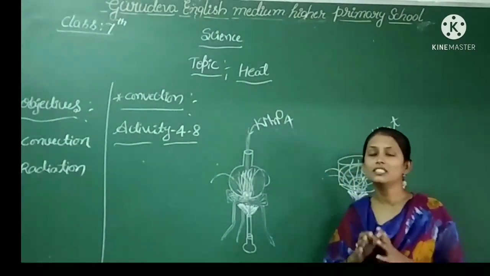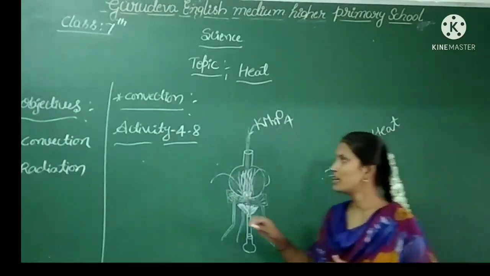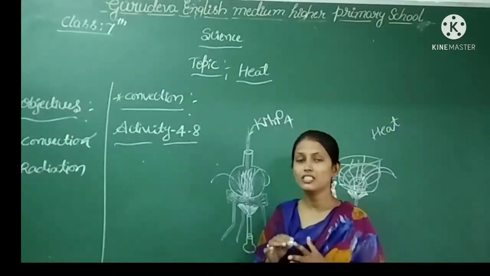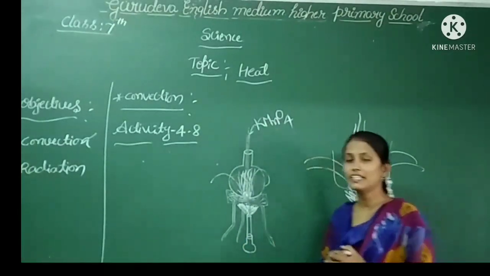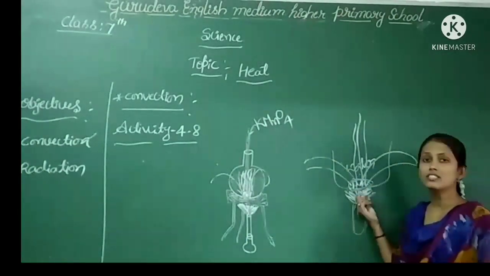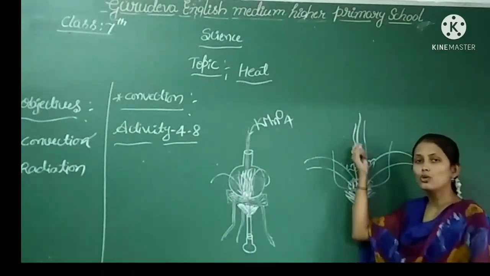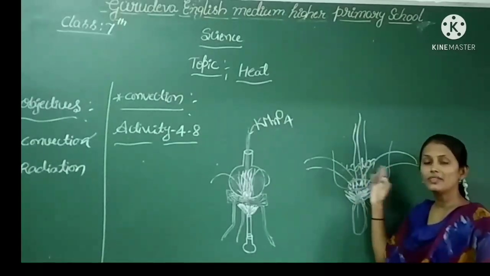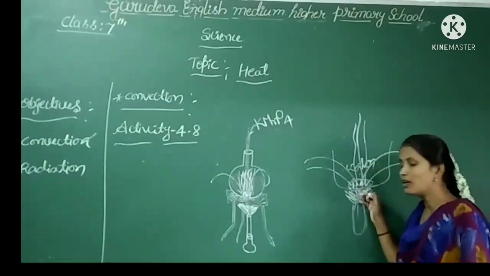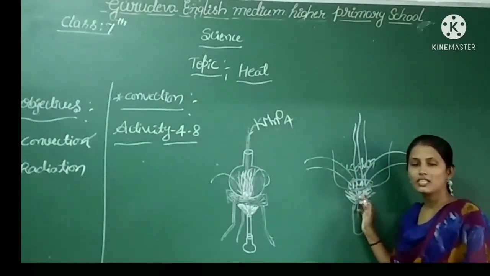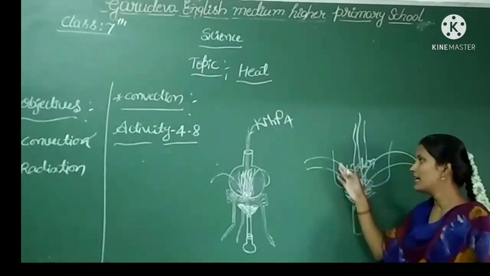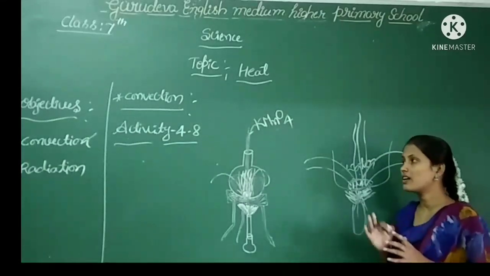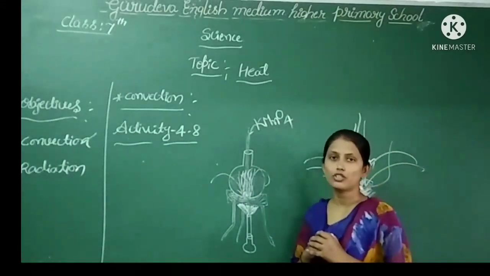So what are we calling this process? This process we are calling convection. Convection is nothing but, by absorbing the heat energy, the water molecules rise up. To cover the empty space, the molecules which are present at the side of the container move towards the source of the heat. In this manner, the complete water starts to heat. So this process we are calling the convection process.